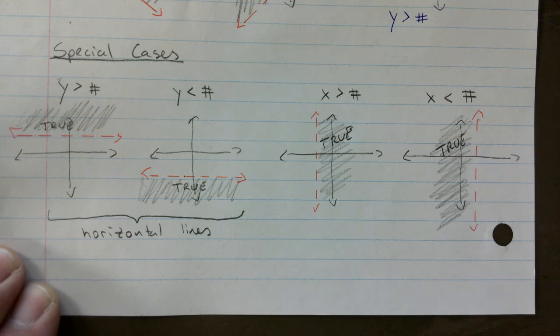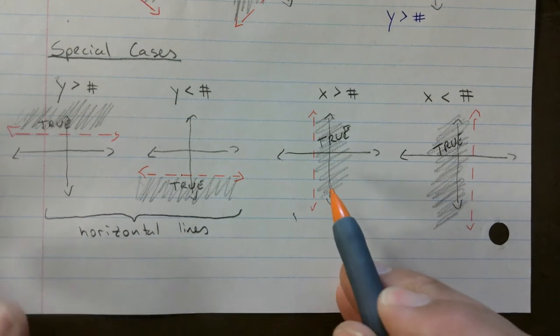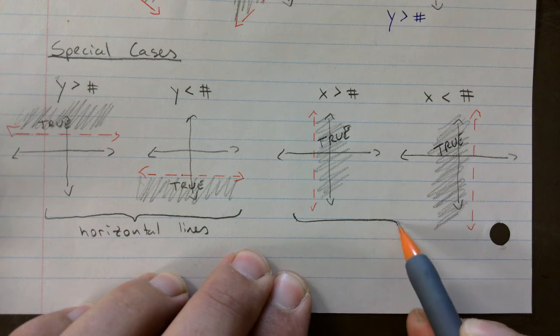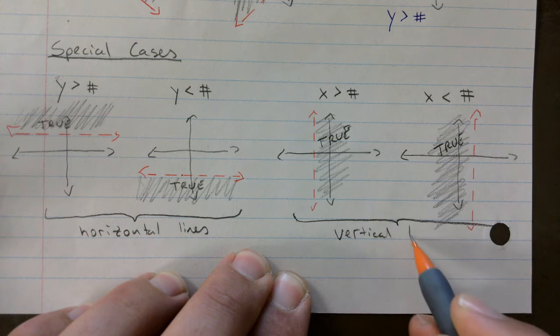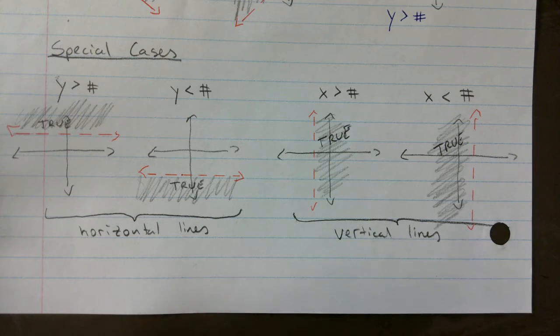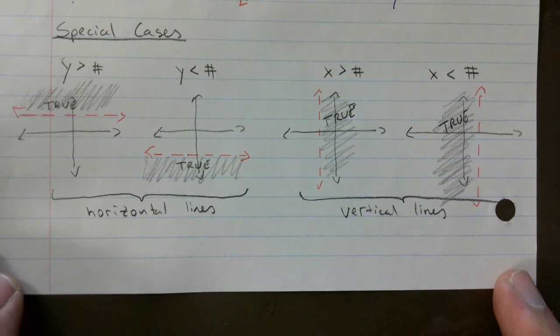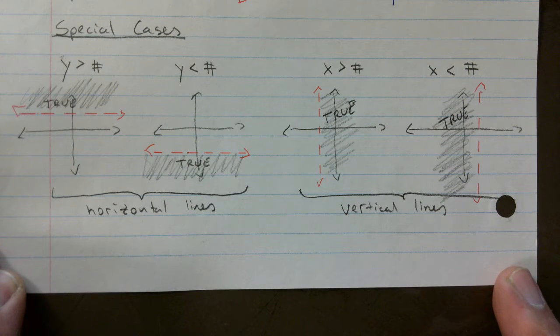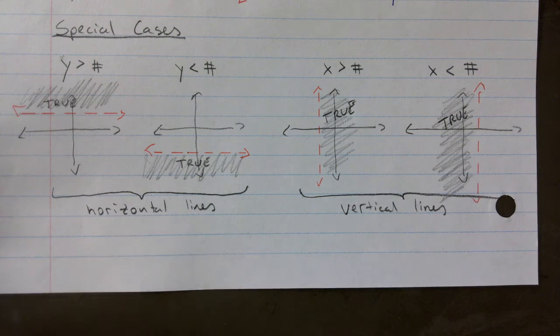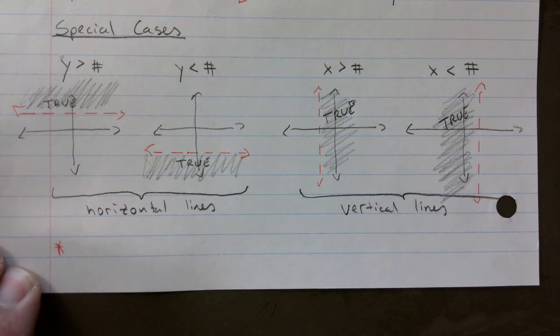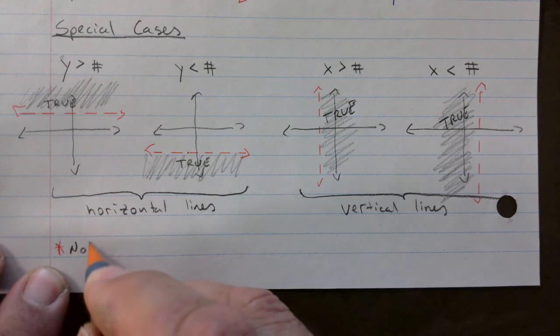No diagonals. And these two are vertical lines, right? And I will make a note down here. Note: